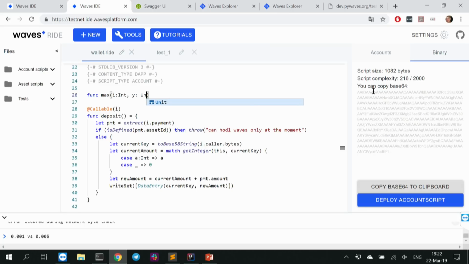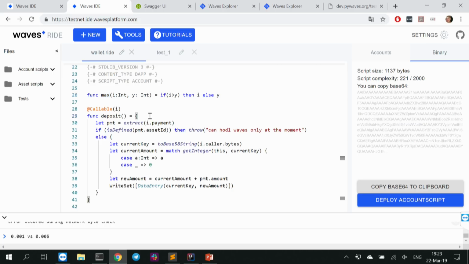Yes, and by the way, you can not only define callable functions, you can define other functions as well, like let's say func maximum, then y else y. Good. Yeah, you can define functions like this.